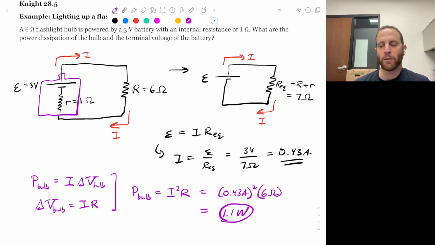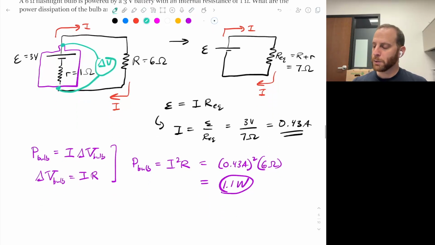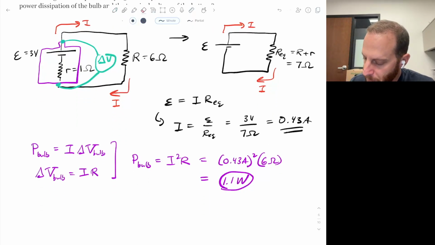Finally, what is the terminal voltage of the battery? By that, we want to know what is the difference in the potential between the positive and the negative terminal of the battery. We want to know what is delta V. Well, to compute delta V of the battery, delta V battery,